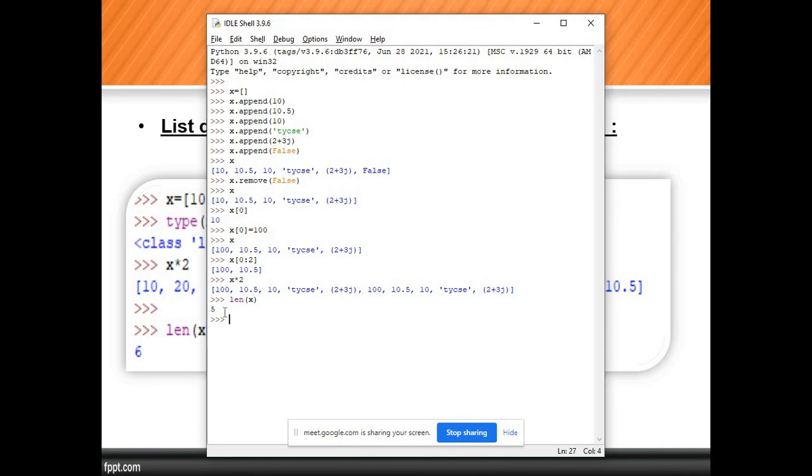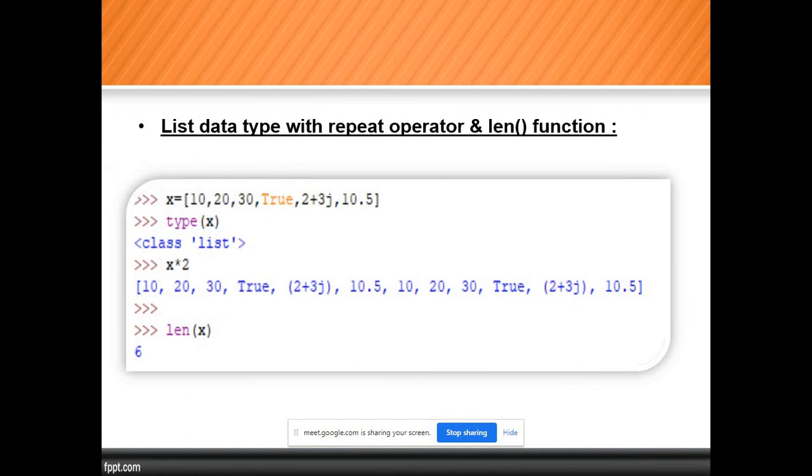So we get the actual element count, 5 elements. When I use length of x multiplied by 3, it will be multiplied first and then counted. So with the repeat operator we can also use the length function. We get the count as 15. So yes, a list works with the repeat operator and the length function.